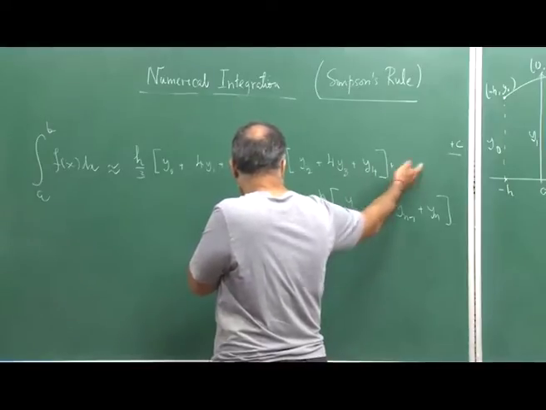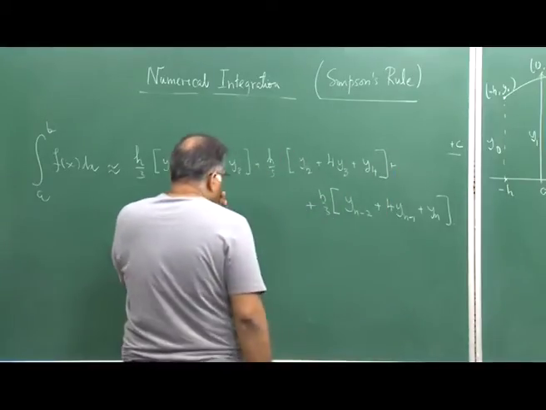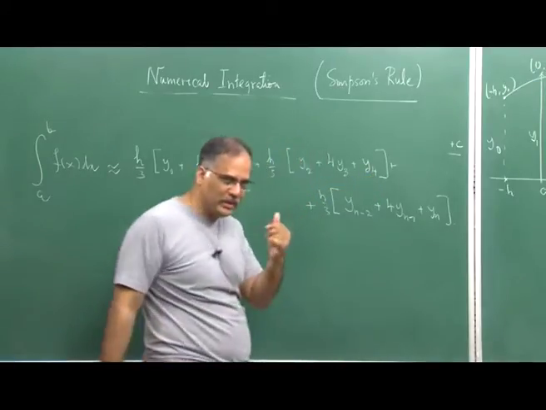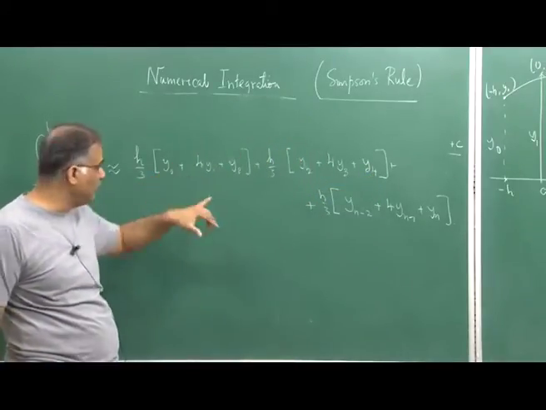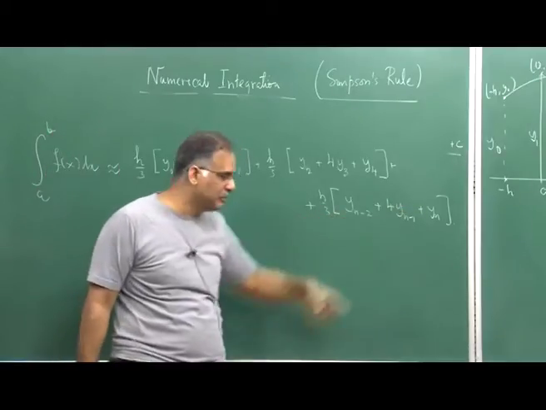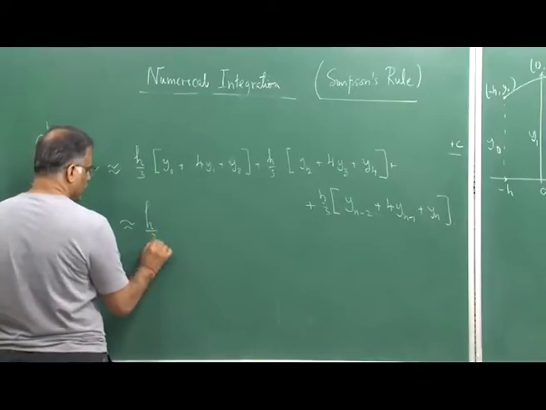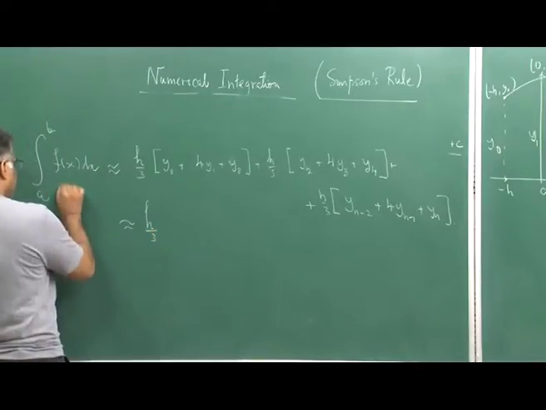Y4 will land up twice. So, all the even ones, even indices will land up twice, while the odd indices will land up 4 times, excepting y0 and yn. So, these are the endpoints. So, this I can now write as integral a to b